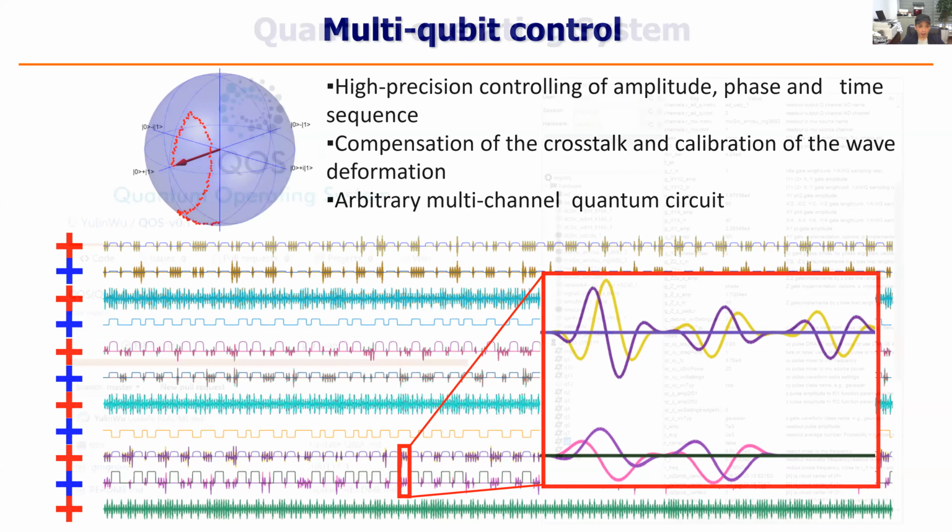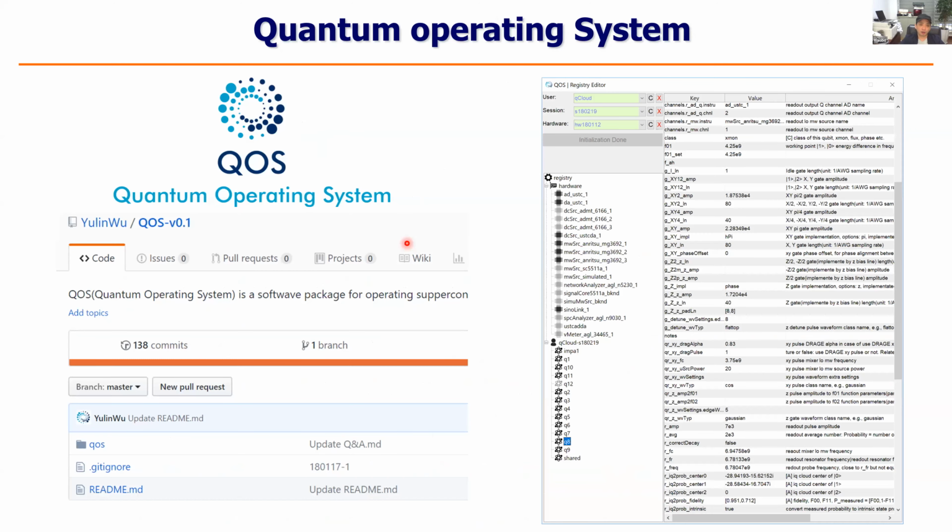Okay, so until now, for controlling on the order of 100 or several hundred qubits, we have developed very good software. We can really optimize the speed, we can control each qubit, and we automatically calibrate each qubit, and finally we can obtain some useful results.